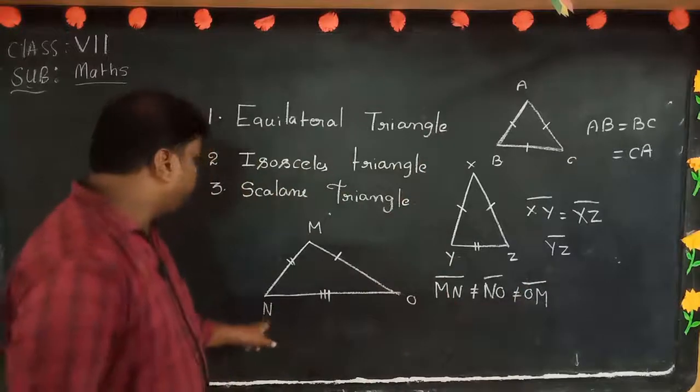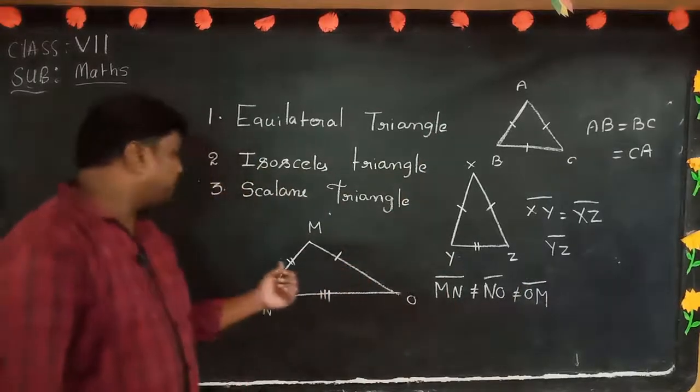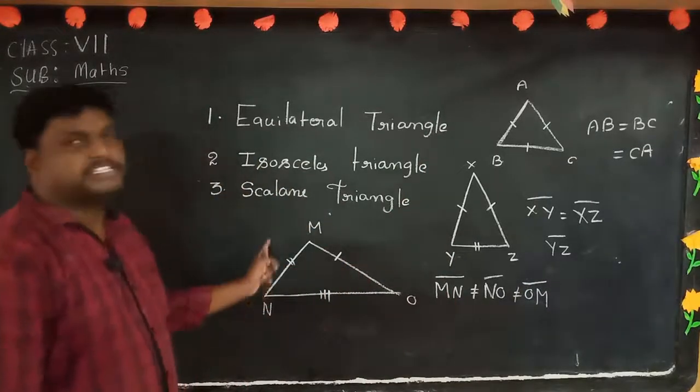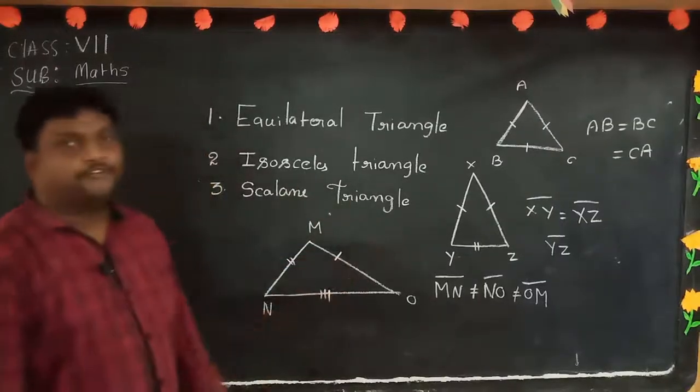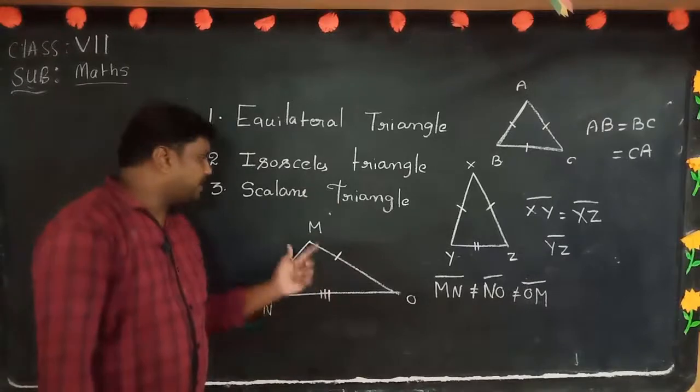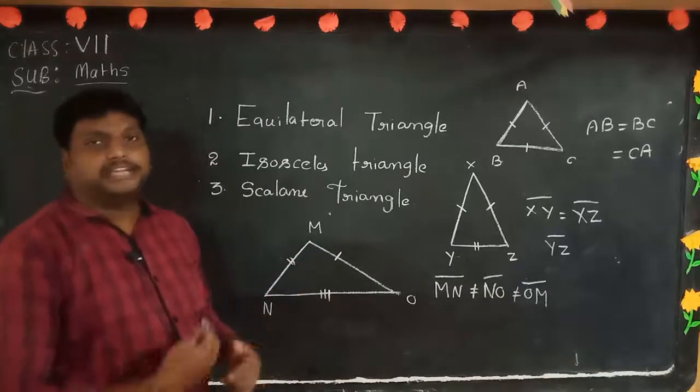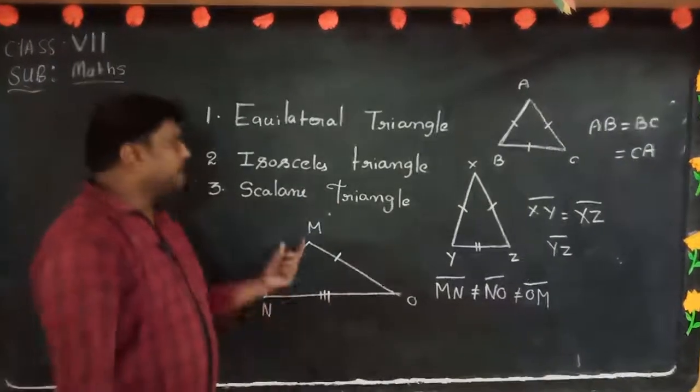Then all are different measurements. For example, this is 3, this is 4, this is 5 centimeters. Like that, any triangle having 3 different measurements is called